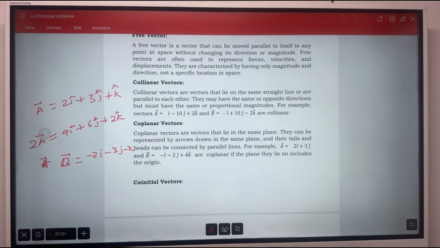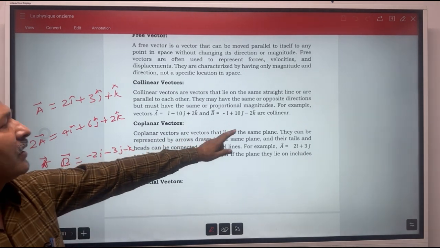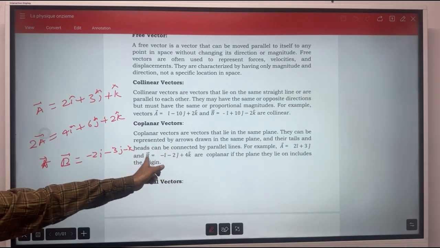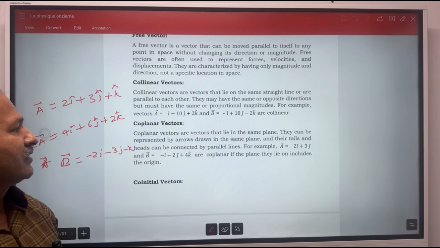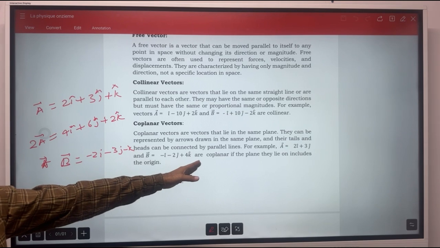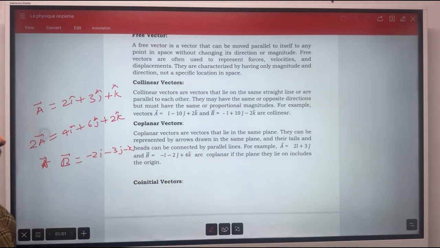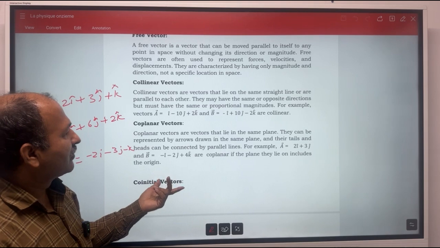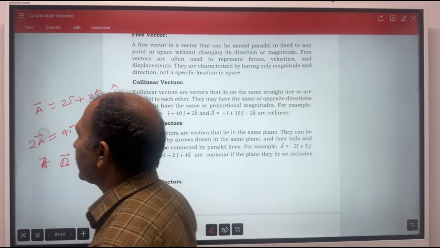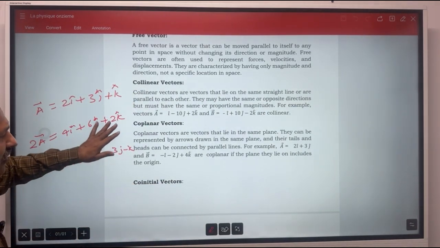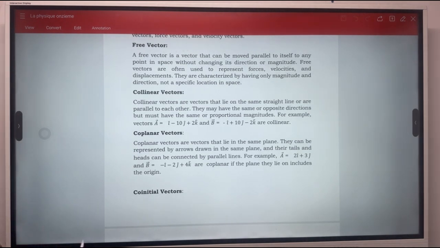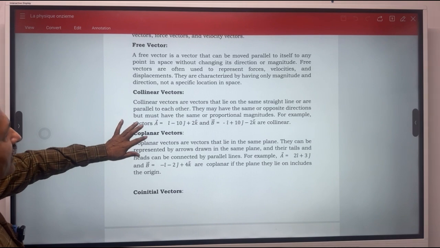Then coplanar vectors. Coplanar vectors are vectors that lie in the same plane. They can be represented by arrows drawn in the same plane, and their tails and heads can be connected by parallel lines. For example, you are given vector 2i plus 3j and vector B, these are coplanar if the plane includes the origin. If they start from the same point in the same plane, here suppose you are considering the xy plane, xyz plane, etc. So that we will study in detail later on. Now next thing is there,